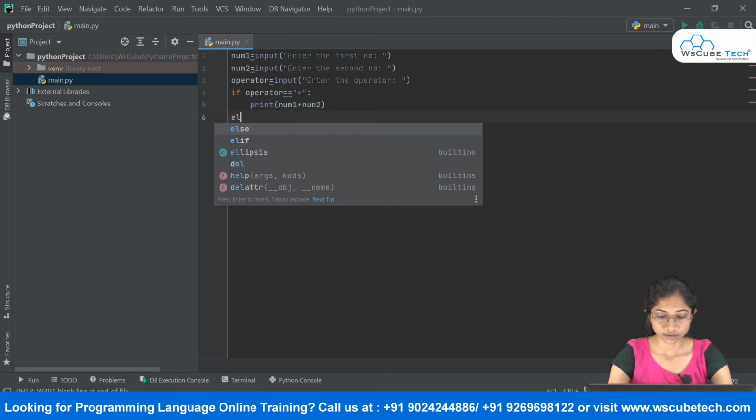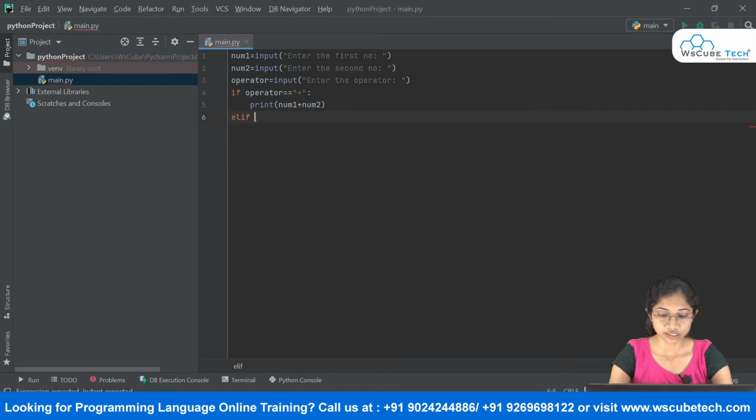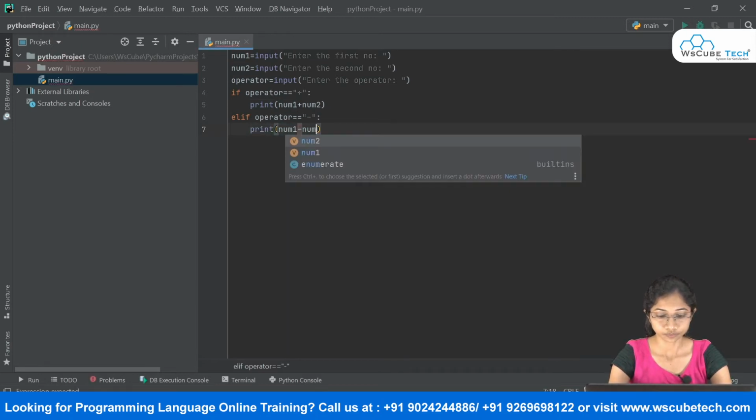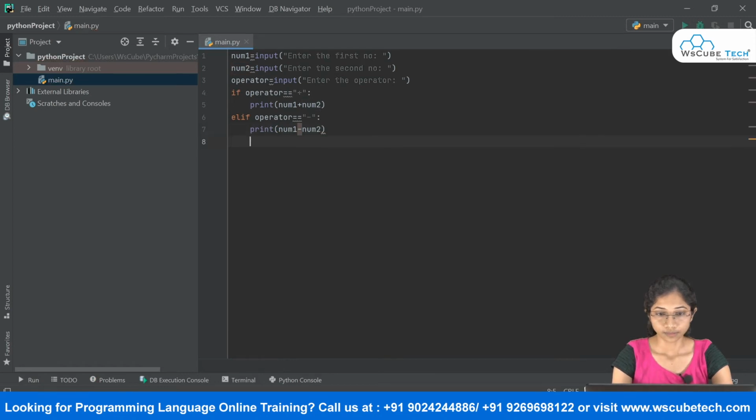Now I will start writing my elif. So I will say elif operator is equal to, if it is subtraction, so I will say if it is minus. So what you simply do is you just do num1 minus num2. All right.